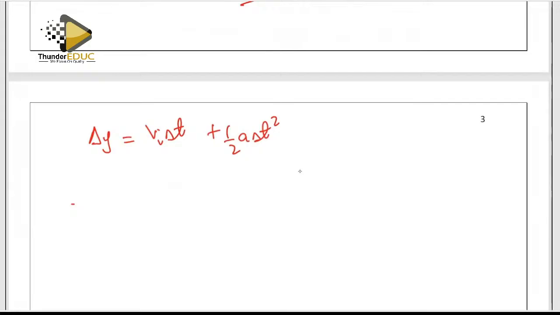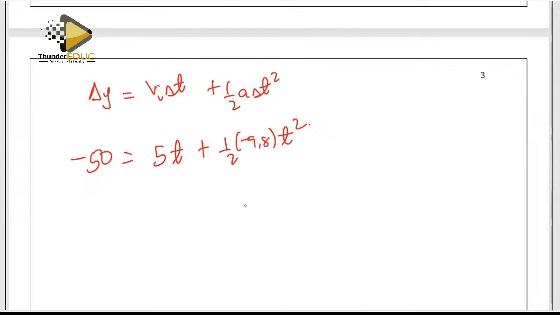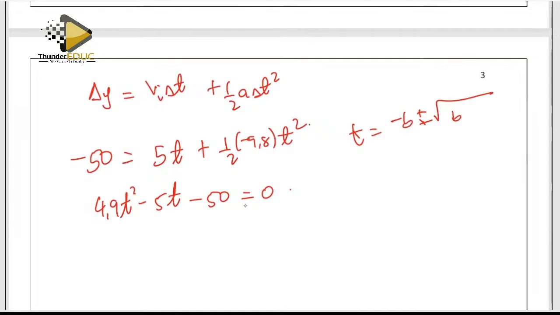It's going to be negative 50, our initial is 5 and T, plus a half negative 9,8 and then T squared. Then when I do the magic, that's going to be 4,9 T squared minus 5T minus 50 is equal to 0. If we use our quadratic formula, negative b plus or minus square root of b squared minus 4ac over 2a,